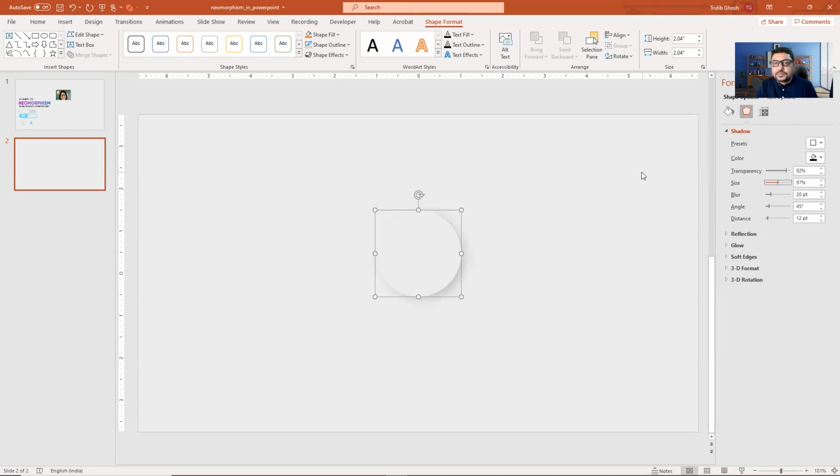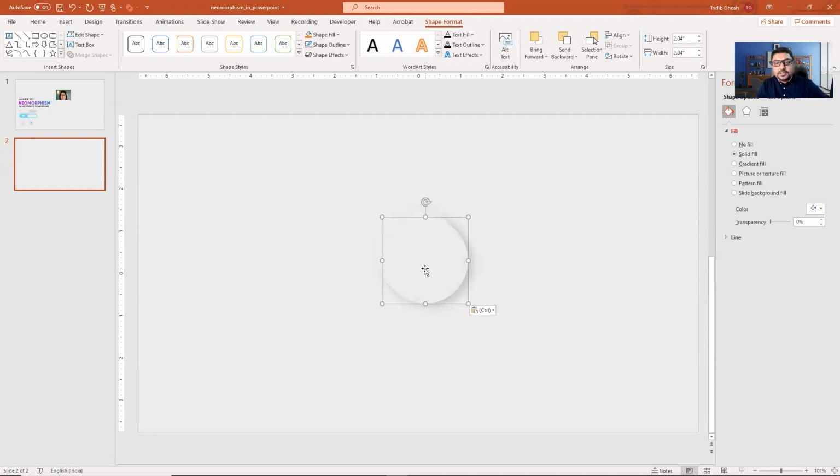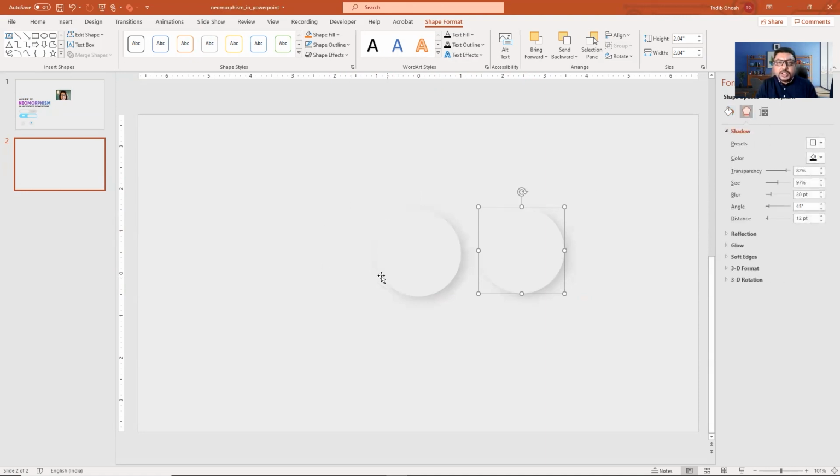Lovely. In PowerPoint you cannot give the same object two different shadows. So what we have to do is copy paste this particular object and create another shadow which will actually form the highlight of this object. For this, we have to choose a white color.